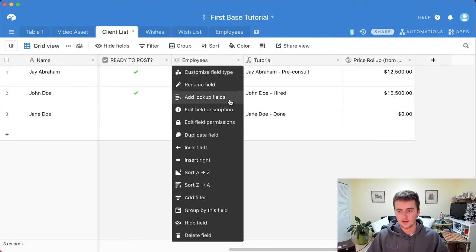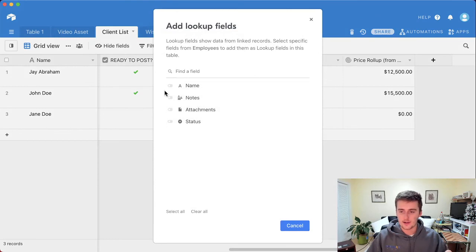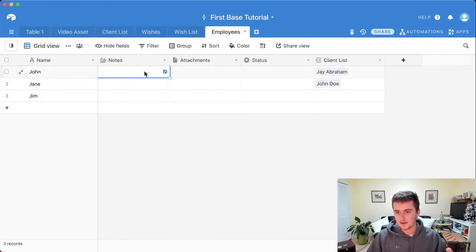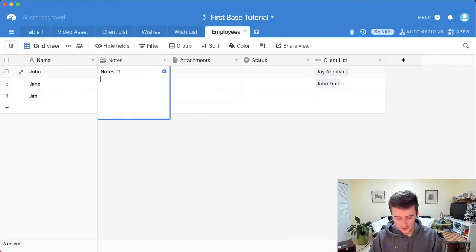So if you want to add a lookup field, you can add that here. And what a lookup field does is it will add all of the values comma separated. It won't add them up, but it'll concatenate them into a text string. So if I click add lookup values and say I want to add notes from this, you can see that there's actually not many notes because I don't have many notes on my employees, but notes 1,